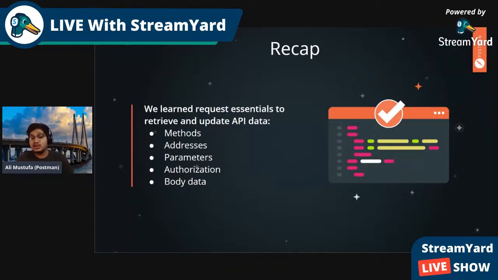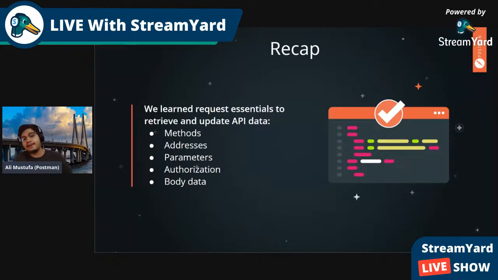Okay. So authorization plays a very important role, and you will not find a lot of APIs without authorization. Most of the APIs use authorization to authorize the end user before giving them access to their APIs. It is mostly in the form of API key, basic authentication, or a bearer token. There are multiple ways, but these are the common ways.